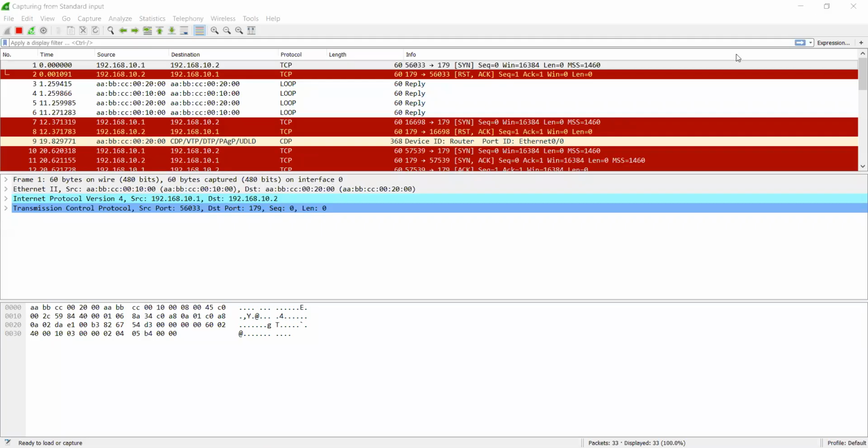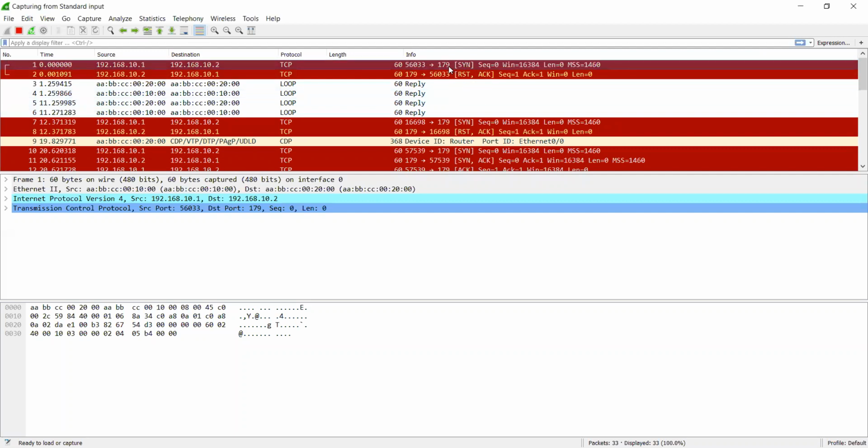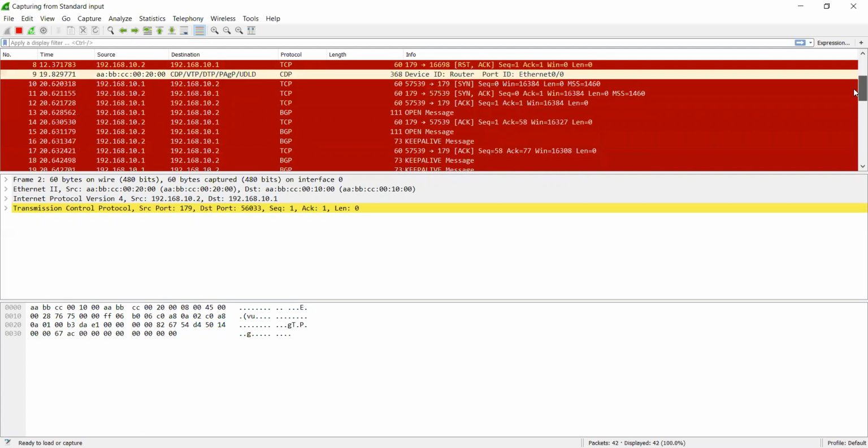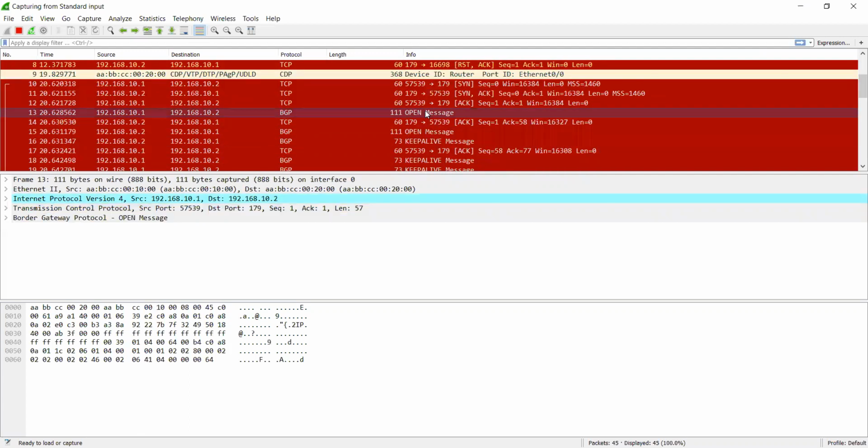I will show some examples in Wireshark, how you can see the captured data. See, first BGP sends an establishment request on port number 179. So they send a SYN, then after that it goes to the acknowledgement, where the neighbor acknowledges the packets. Then it will go to the next process, the open message. After the acknowledgement is received, we can see the three-way handshake: SYN, SYN-ACK and acknowledge. The three-way handshake happens here.